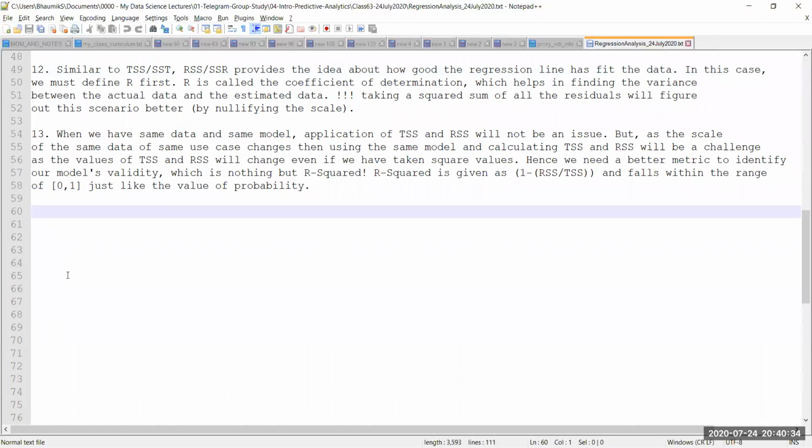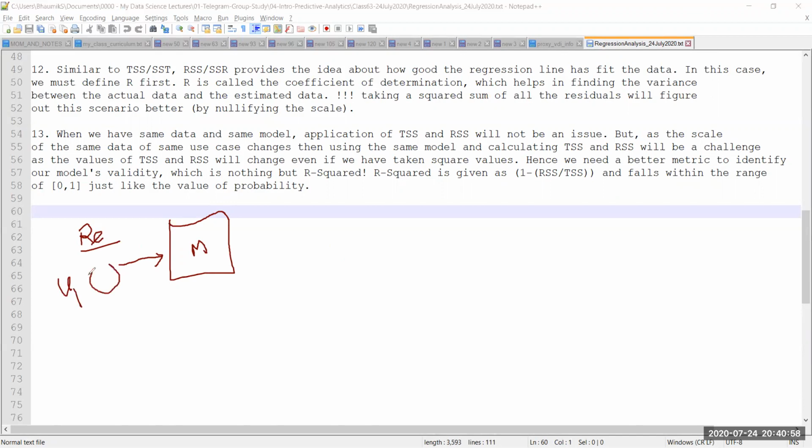Now, we also looked at the end into a problem: this RSS and TSS will be a problem for us if we have the same model in place. Let's say I have this model that I've already created, and I am taking an input, which is the rent use case input. Let's say this rent input is given by user 1, who has a value of given x, so x of g, and he gets an output of the unknown y. That's what he's expecting.